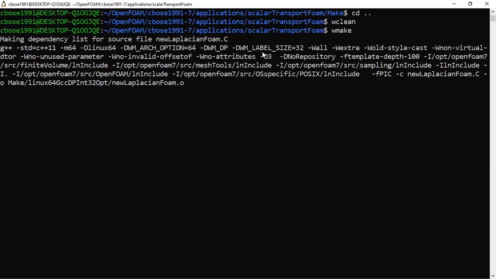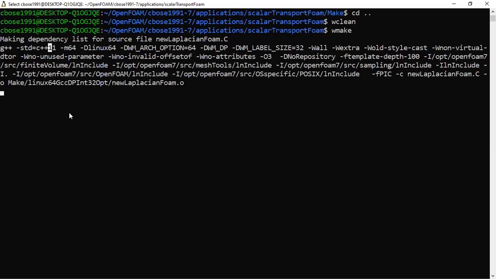Okay, so it is compiling with the g++ compiler, you can notice, and standard C++11. Just wait a bit and let me know if you are getting any errors, or if you have any other doubts till now.